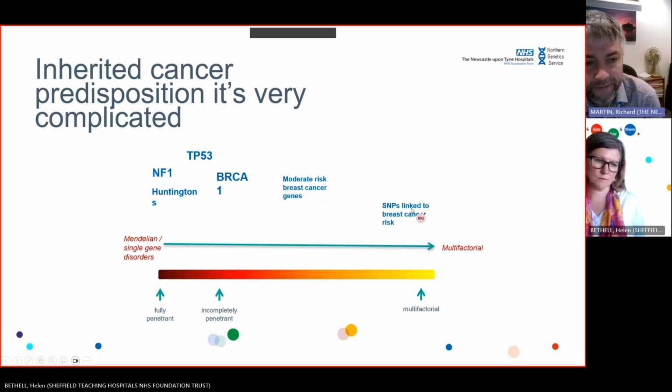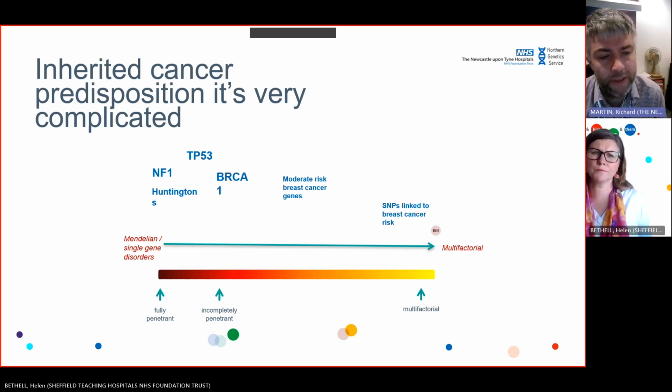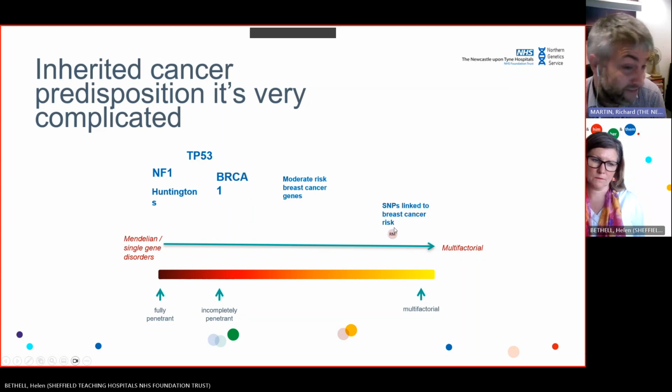And then SNPs, single nucleotide polymorphisms, essentially mean just single base DNA changes that are quite common on their own. We all have a lot of genetic noise, genetic background variation, whatever you call it. And actually these also contribute to breast cancer risk and risk of lots of other common conditions. So we've got your dominantly acting highly penetrant genes over here that contribute to breast cancer risk, but down here